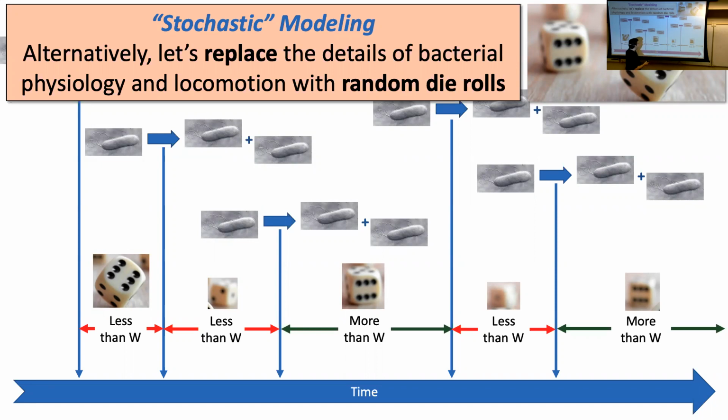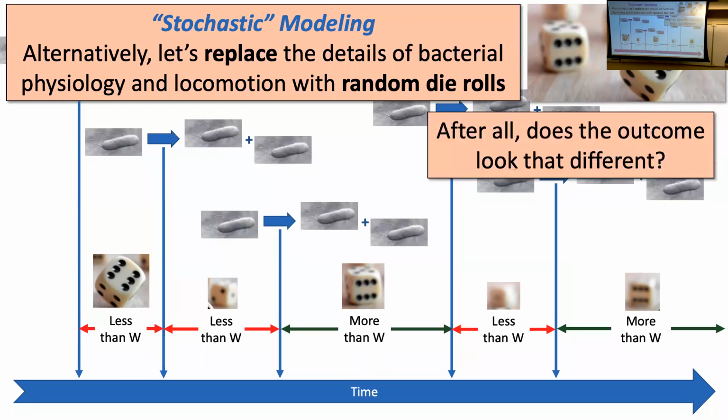And if I set up the table of the mapping between die rolls and durations, I probably can get something that looks pretty darn realistic. So that's the idea there: the outcome is not going to look that much different if I use die rolls to determine these durations versus a truly endogenous perspective where I got to know all of these details. I can throw out all those details, just say, all I know is how many bacteria are here, and I'm going to roll a die to figure out these things.